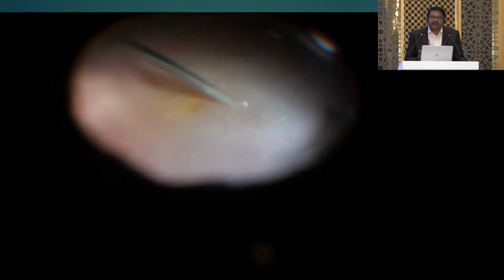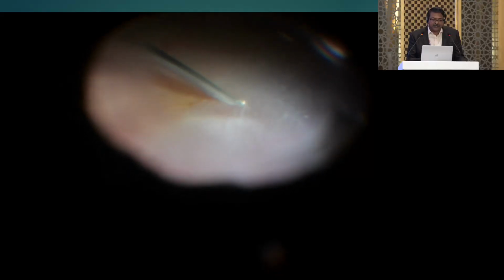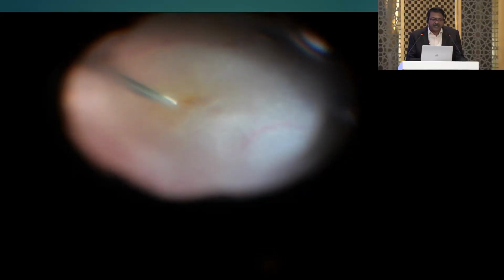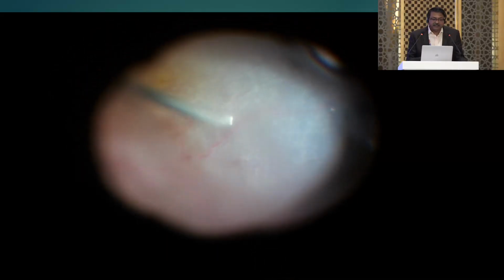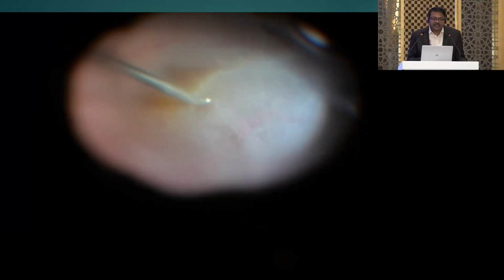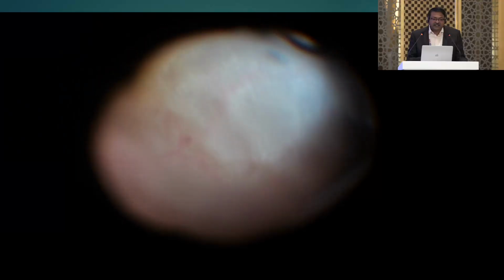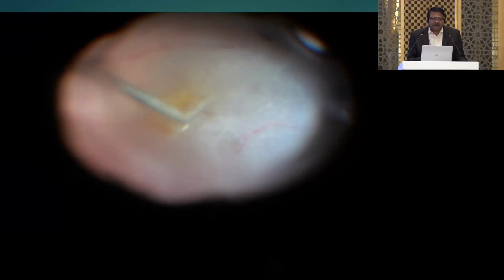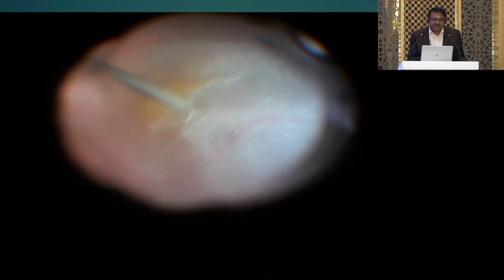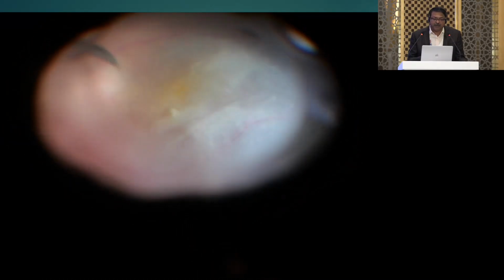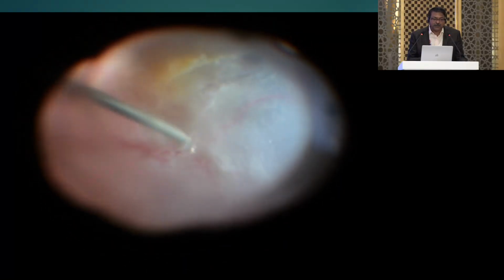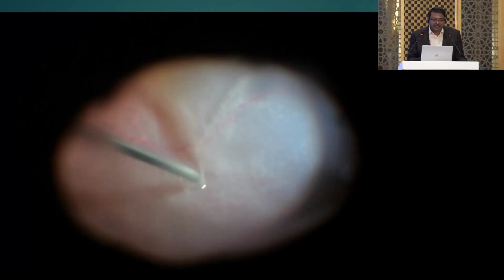Now, what would happen if this is missed? This is a patient of recurrent retinal detachment. And when I stained it with triamcinolone, actually you can see that the entire vitreous is still present. So that's the basic cause. You can see it just comes out. So you should look out for all these conditions. And I think frequently it gets missed. And that's wherein we start developing complications. So a simple step in surgery is so critical to our outcomes that one needs to look out for it